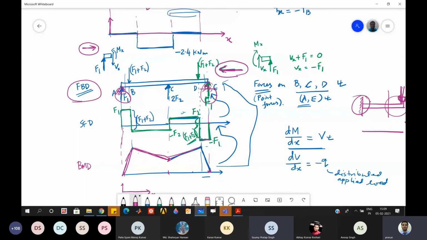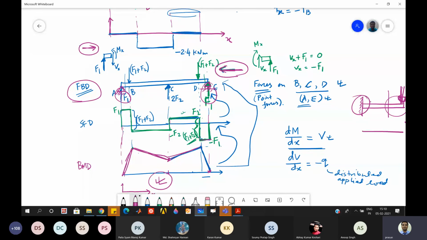And you will see that if this has to be in equilibrium, then for the given loading of this kind, at A the reaction will be F1, and at E the reaction will also be F1. Because you can see this is symmetric, so you don't have to worry about the reaction at this point. So finally, you can say that this bending moment diagram, whatever we have